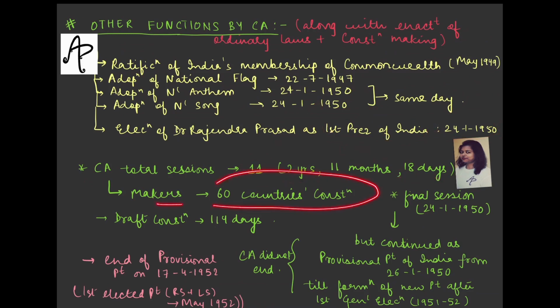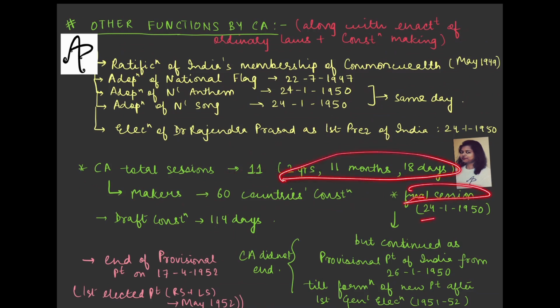The makers borrowed different provisions from 60 countries' constitutions. You know, they read them and tried to derive the materials from that. However, in conclusion, जो निकले वो कुछ major countries से, कुछ ही sources जो आप पढ़ते हो, लेकिन different countries से इन्होंने लेने की कोशिश की. And drafting of the constitution took somewhere around 114 days. Although all of these details are not that important to be remembered, just remember this one, that will be okay.